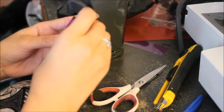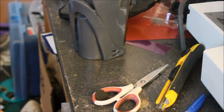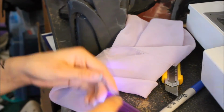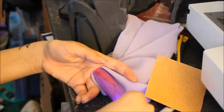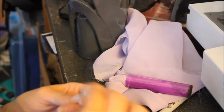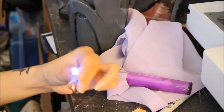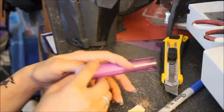So to make that little purple tube that she has on her bracer, gauntlet, whatever you want to call it, I took a transparent folder, like a separator that lives in a binder, cut that out, made it into a tube, glued it together, put a hole in the back for the light to poke through, and put a little piece of EVA foam on either end, cut in a circle so that it kept its shape and was closed,